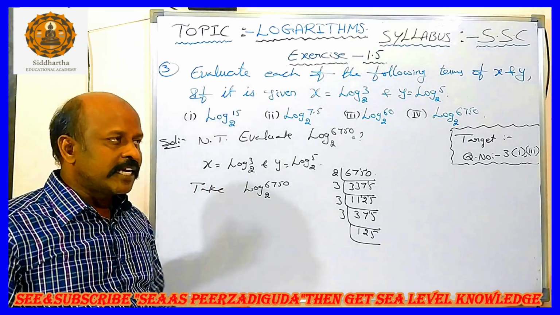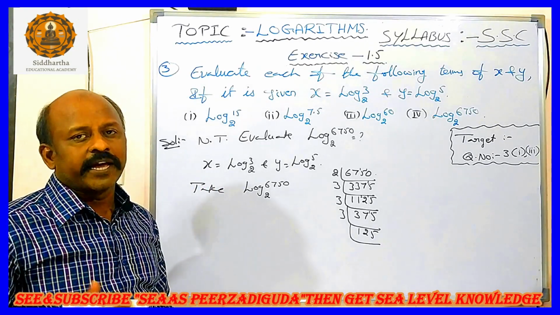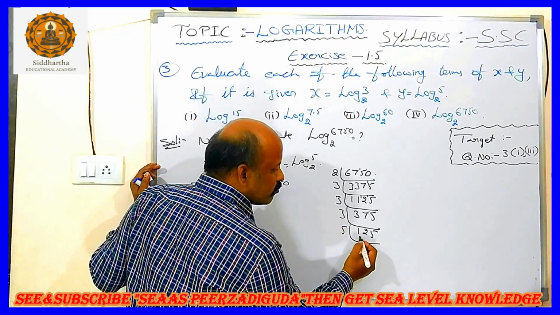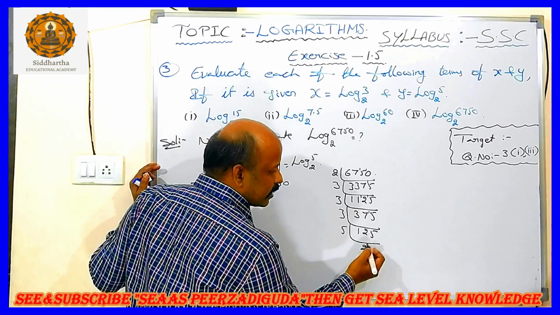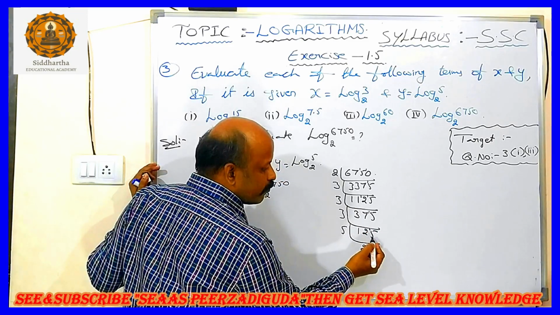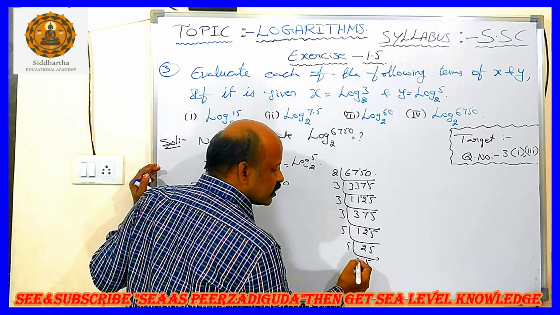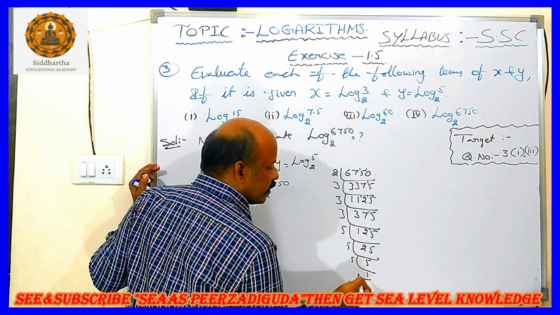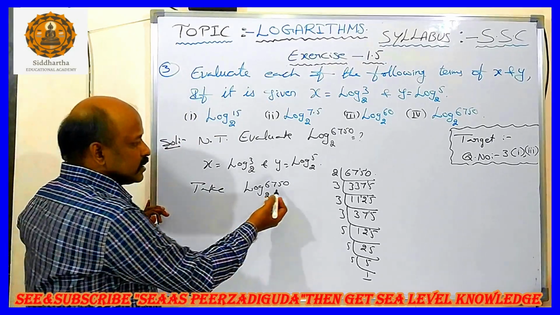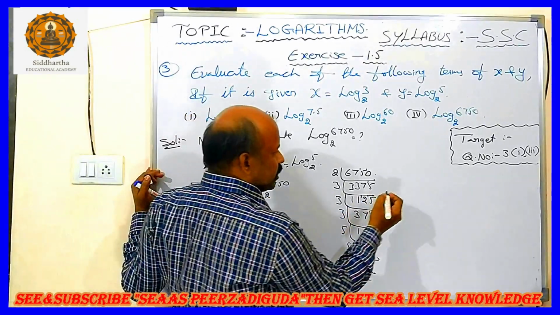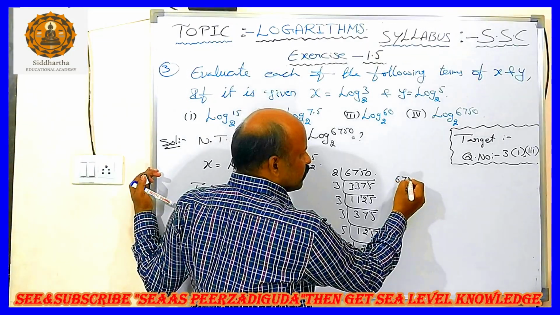That's why the coming next prime number is what? 5. I am going to take over here 5. 5 twos are 10. Out of 12, 10 gone means 2 balance. So 2 5 25, 5 fives are 25. Again 5 table I am going to take, 5 fives are 25. Again 5 table I am going to take, 5 ones are 5. So the 6750, once you observe over here,